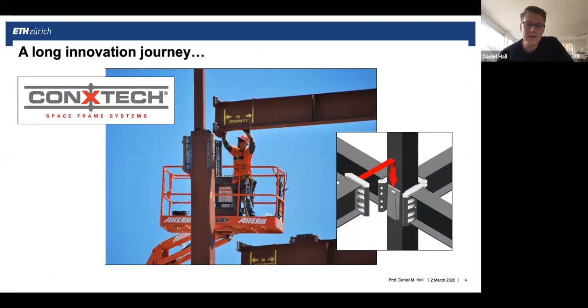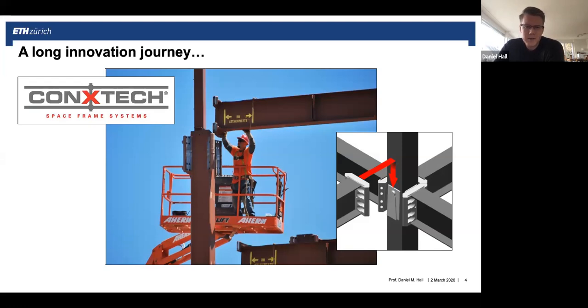You can kind of see here, instead of a field welded joint where you would have somebody weld the joint into place, which actually is quite dangerous and takes a lot of time, and it's also not that sustainable, they created a new kind of connection joint, a more industrialized connection point, where you can just bolt the connections together but still have the same moment frame capacity of the steel structure. And this is a really good solution. It's faster, better, stronger. It's kind of got everything going for it, except for one problem, is that it's not cheaper.